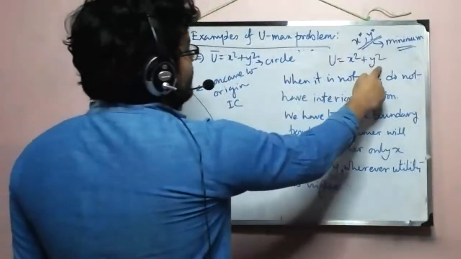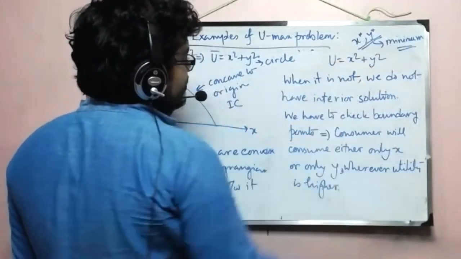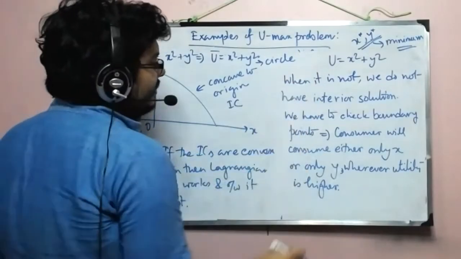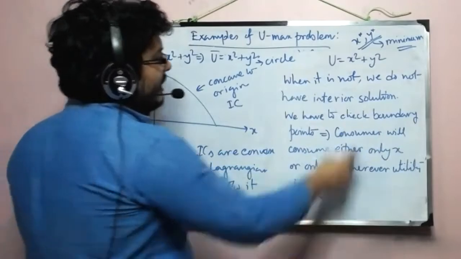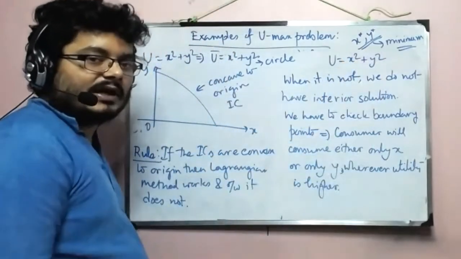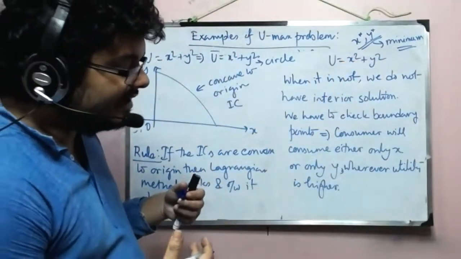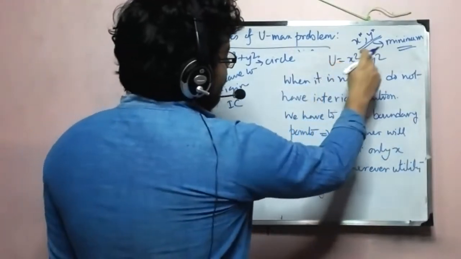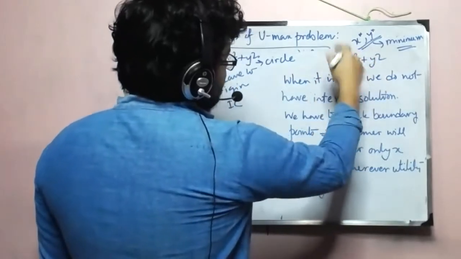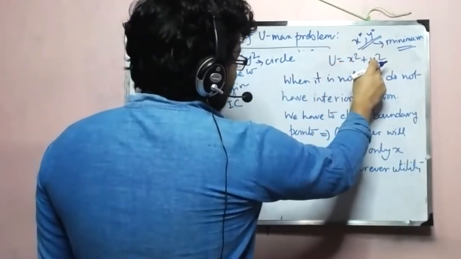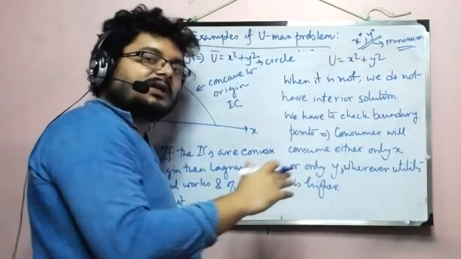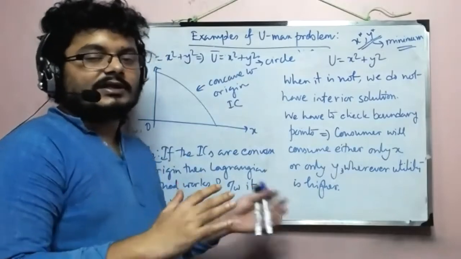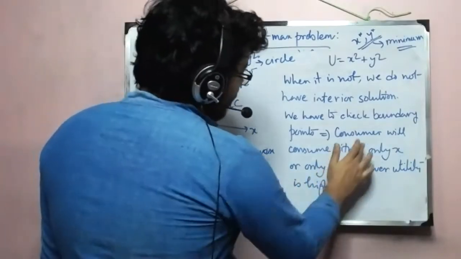First you consider that Y equal to 0, and then you put in place of X, M by Px, right? And in the next scenario, you just put X equal to 0 and find the highest value of Y. So the consumer gives the entire income to Y, so that will be M by Py. So in one case, when Y equal to 0, U becomes M by Px's whole square. And when X is 0, U becomes M by Py's whole square. Right? So those are two extreme things. And now, given numerical values, you just have to compare where the utility is higher. So wherever utility is higher, that will be consumed.